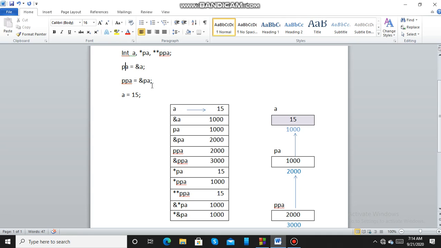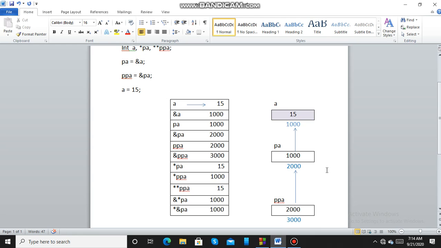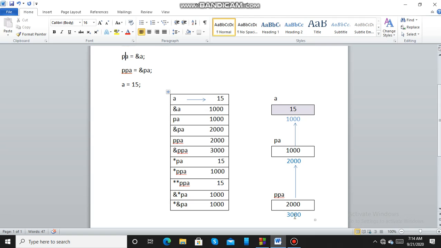Ppa is equal to address of pa. That means address of pa is 2000, that is assigned to ppa. So value of ppa is 2000, and that is stored in some other address 3000.